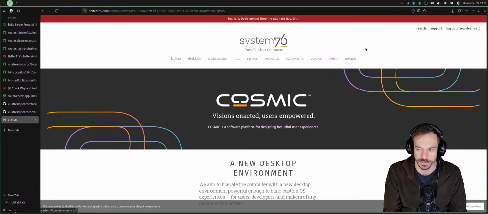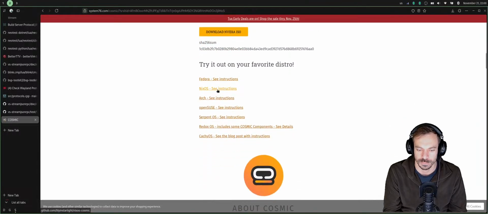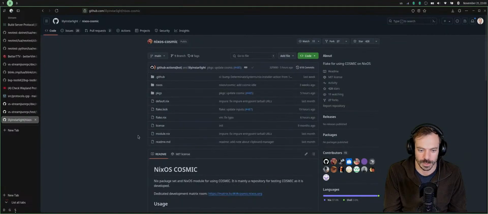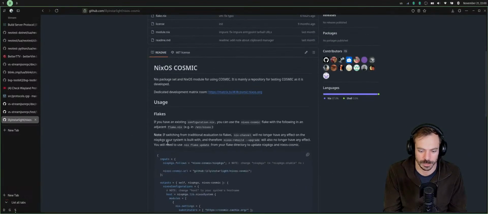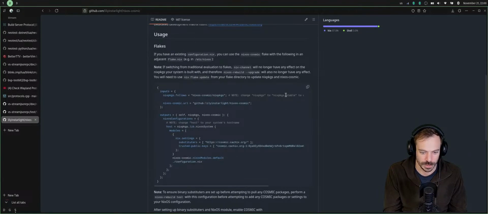I thought they had somewhere NixOS instructions. So I'm a Fedora guy and I'm an Atomic user, but if you are familiar with NixOS, maybe you try it there.